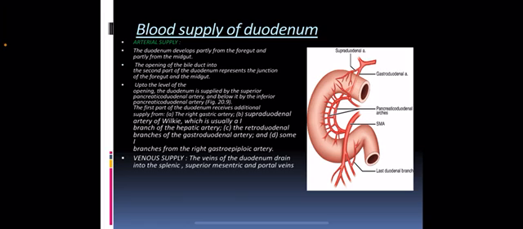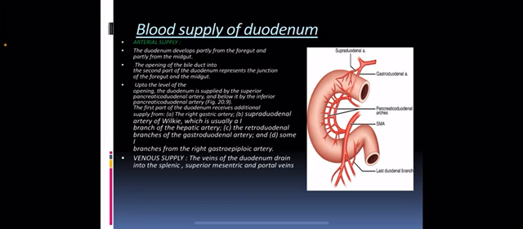Blood supply of the duodenum. Arterial supply. The duodenum develops partially from the foregut and partially from the midgut. The opening of the bile duct into the second part of the duodenum represents the junction of the foregut and midgut. Up to the level of the opening, the duodenum is supplied by the superior pancreatoduodenal artery and below it